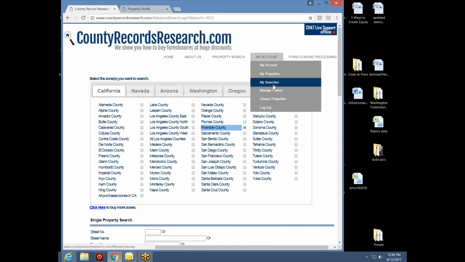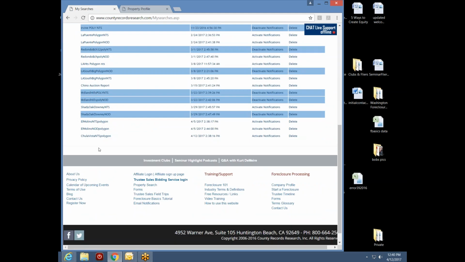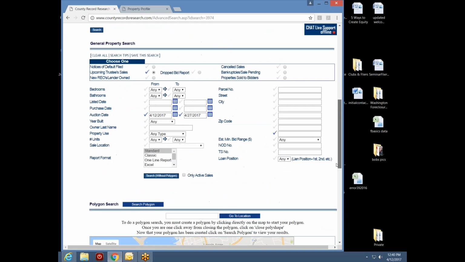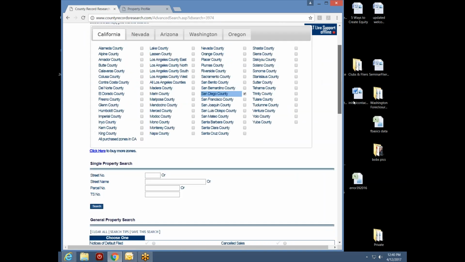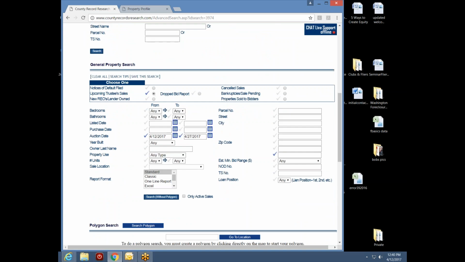So now going right back to my searches, I can go ahead and select my Chula Vista polygon again. And there's our Chula Vista polygon, right? Okay, now watch what I do. I've got it all saved as a notice of sale, as an upcoming sale polygon. What if I decide I want to make offers in the same area, and I want to make offers to people who have a notice of default as well? Now, don't undersell your ability to make offers to people who have a notice of trustee sale, but remember the notice of default are perfectly good candidates to make offers to buy their properties.